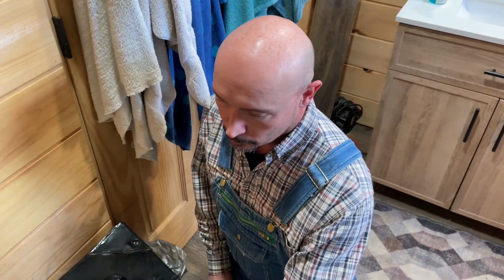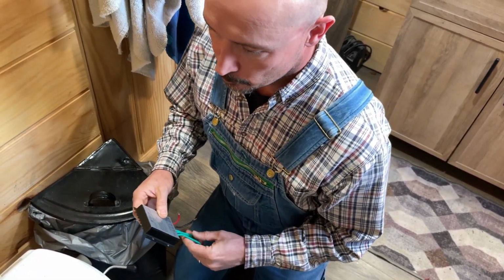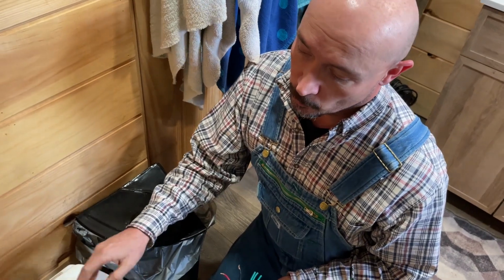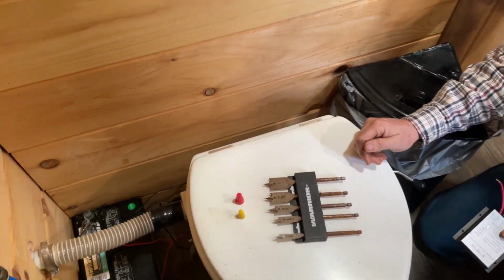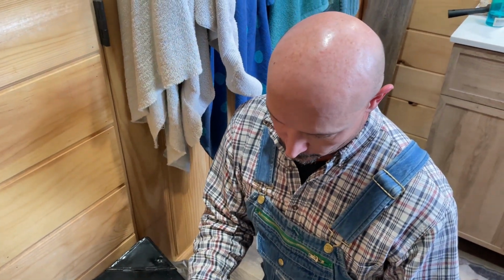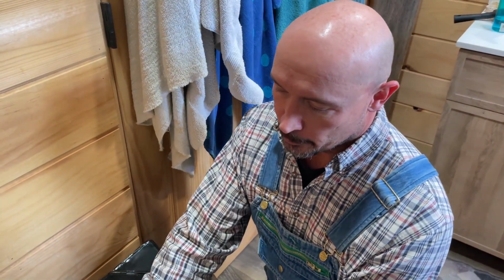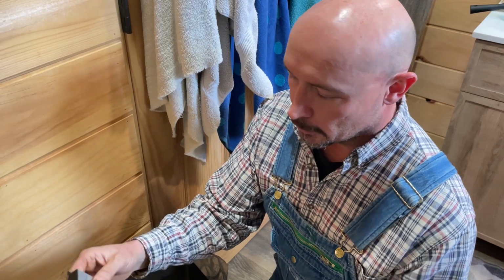Thanks. Since we have it all unhooked, we're going to relocate it in here to the bathroom onto the Nature's Head toilet ventilation fan on a small 12 volt lead acid car battery. I'm not going to worry about the gases off the battery because this thing isn't really going to make enough power to worry about it too much, so not really a concern right now. But we'll hook all this back up in here and run the wires in through the floor and connect everything back up, and then we'll keep an eye on it and see how it's working on this smaller battery